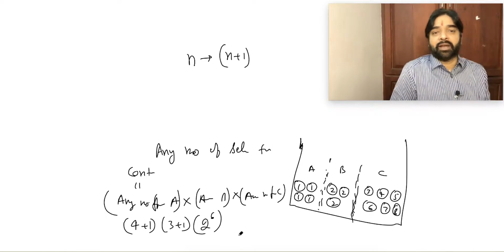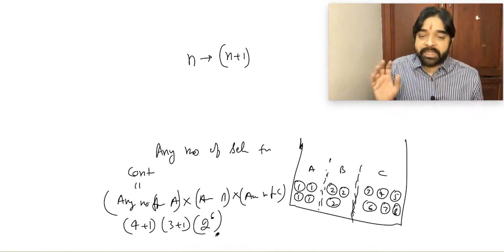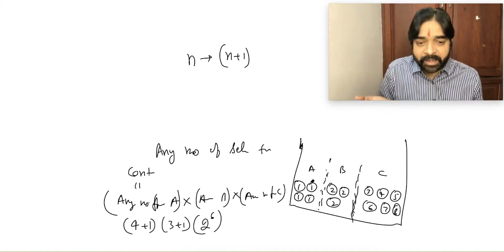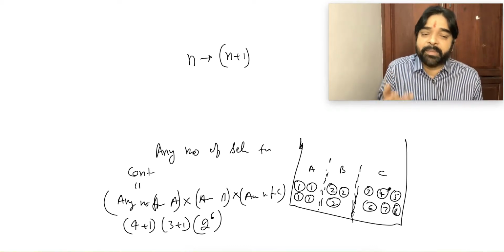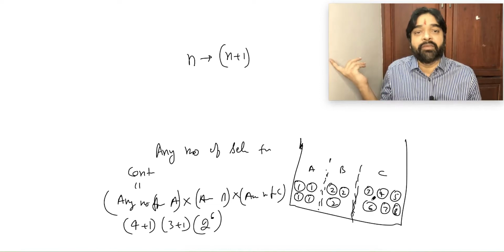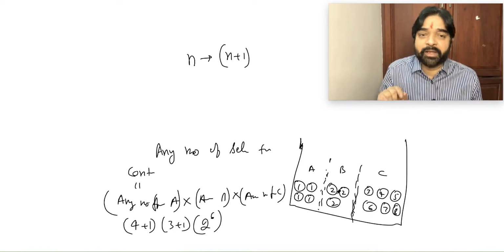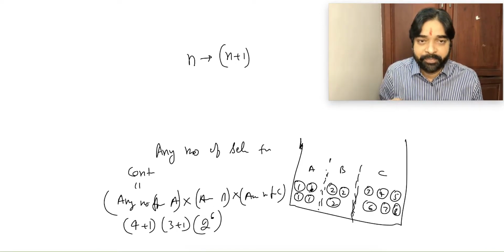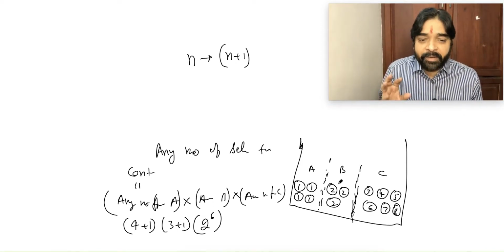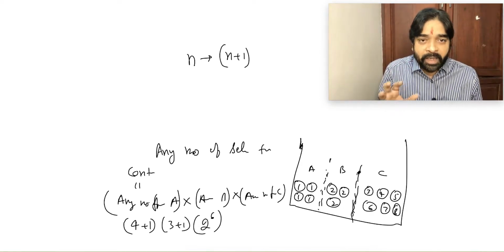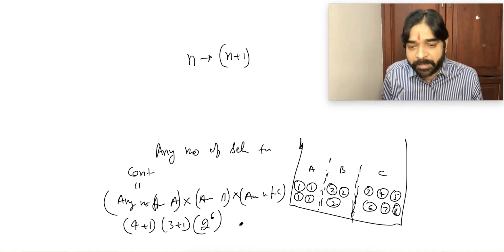Could not understand all of you. Now this is saying any number can come from here, any number can come from, maybe here nothing is coming, maybe here nothing is coming, maybe here nothing is coming. So totally nothing will come out. Maybe one object comes from here, 0 objects from here, 0 objects here. So you will get a 1 rupee coin. Maybe you will not get anything, one object from here, so you will get a 2 rupee coin. Like this, all possibilities have been covered here or not.